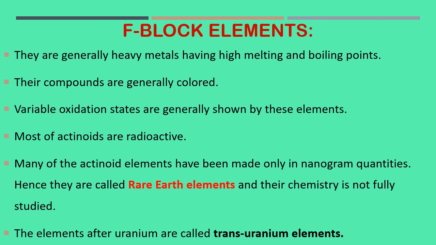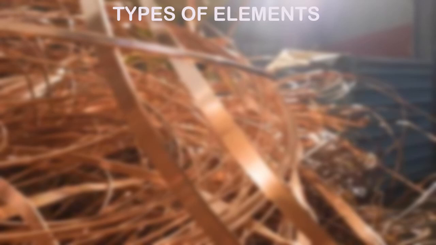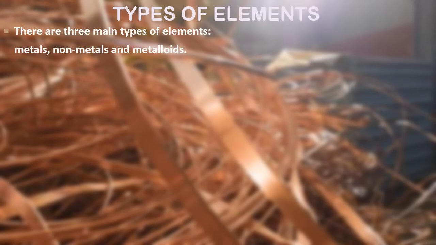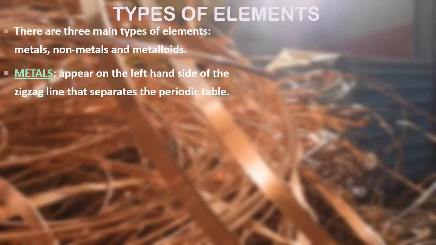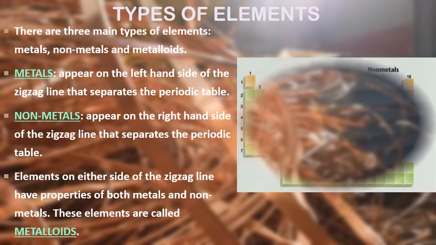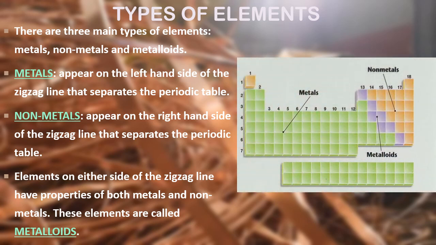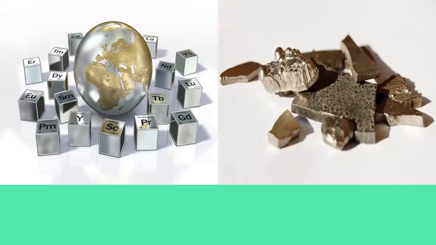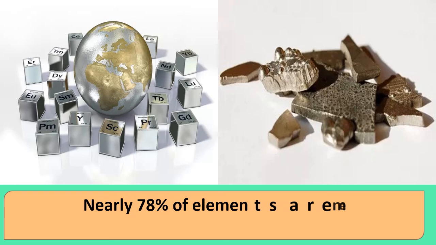Now, please see, these are the metals, non-metals, and metalloids. That is the area. Maximum examples are there for the metals only. Next come the non-metals. See, this complete area is the metal area. Non-metals are here. Hydrogen is a special case. Now this is called the metalloid area. That means maximum are metals only. So what is the conclusion? The conclusion is 78% of elements are metals. Metals are more than non-metals and metalloids.